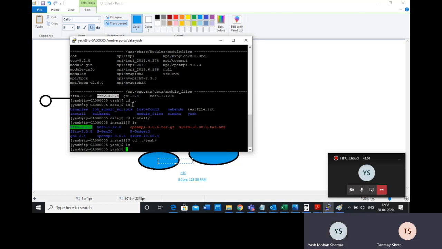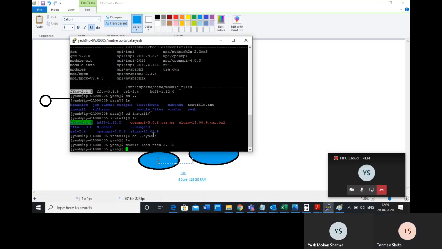So if you want to use any of the modules, say for example, I want to use FFTW 2.1, then you have to say module load and then FFTW 2.1. Okay, so what that means is whatever I'm going to do within this bash shell, my FFTW module is linked to my application.